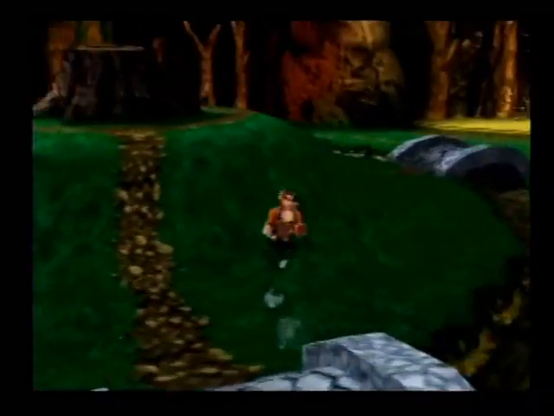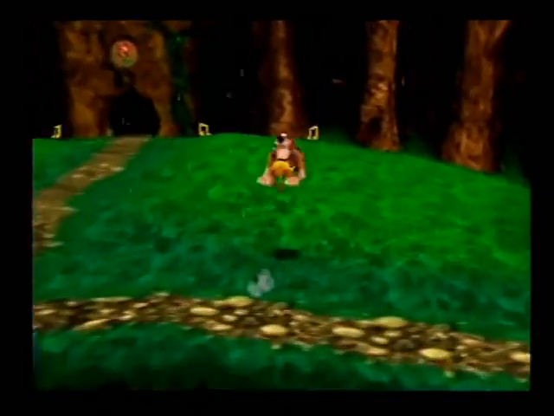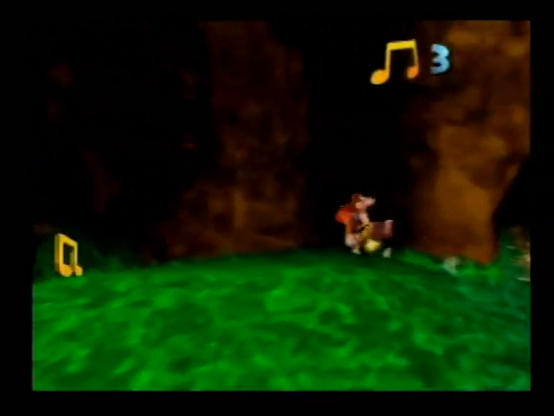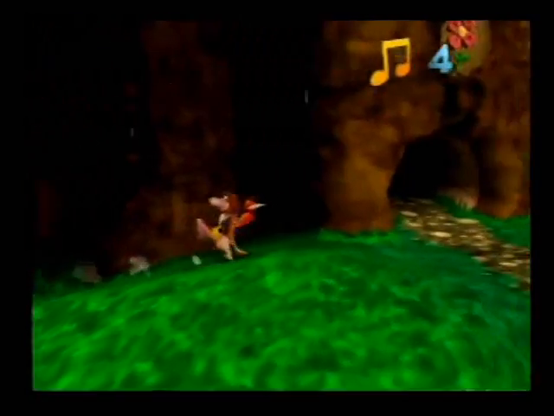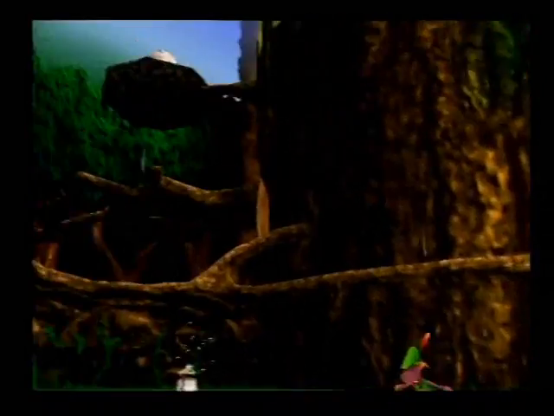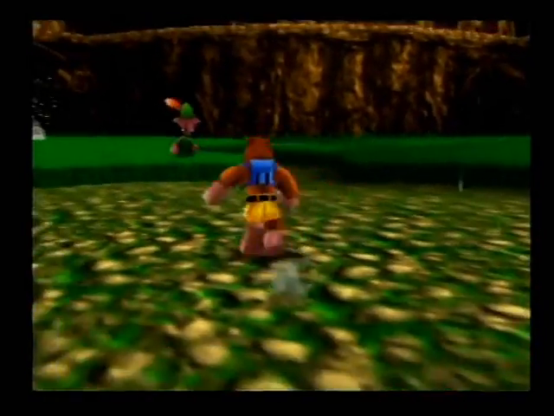This world is quite gigantic, and the thing about it is that it's not only big, it's very repetitive in that it makes you go through all of it 4 times. Possibly more if you're backtracking. There is a spring version of Click-Clock Wood, there is a summer version, there is a winter and fall version, and that means you're going to be going through this gigantic area at least